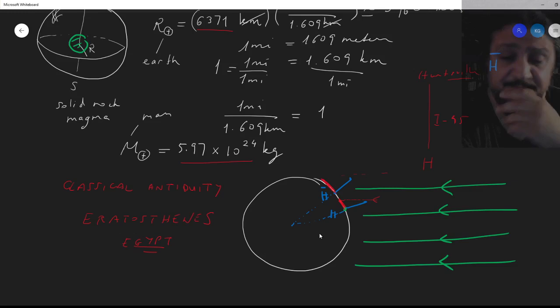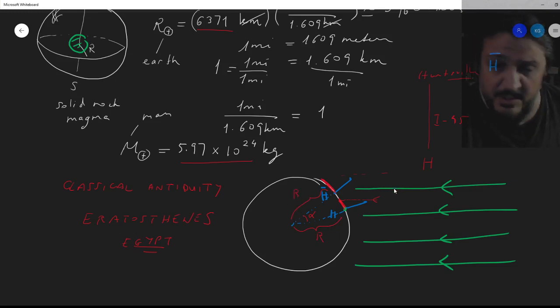That's how we're going to find the angle here. Let's give it a name. Okay, so this is the radius of the Earth that we're after, right? R, which is the same, of course. We know the distance between Houston and Huntsville. Let's give it a name. Let's call it D, D for distance, all right?